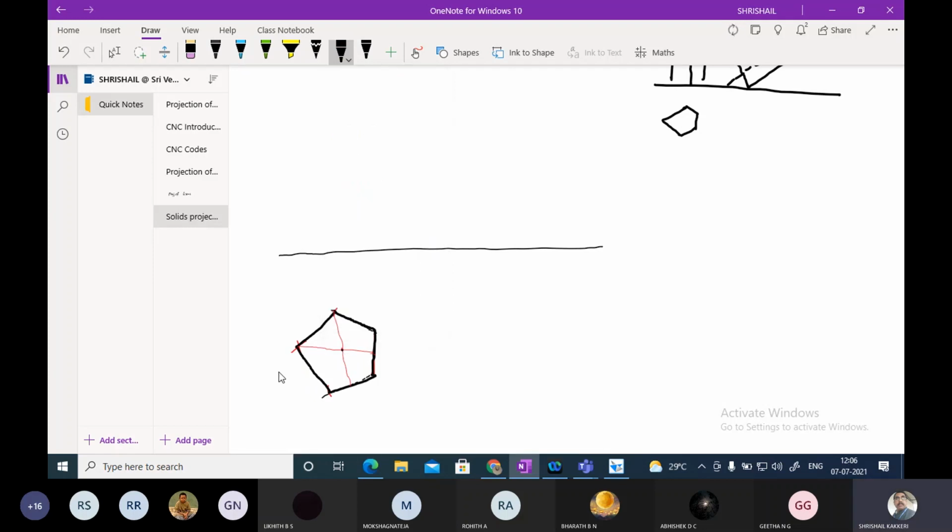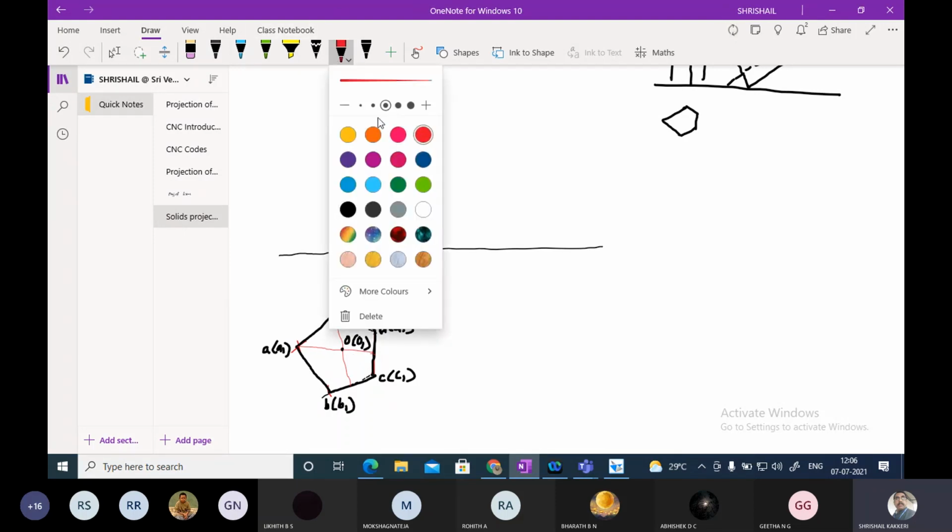Let me label this A1, B1, C1, D1, then E1. Similarly, here also O1.